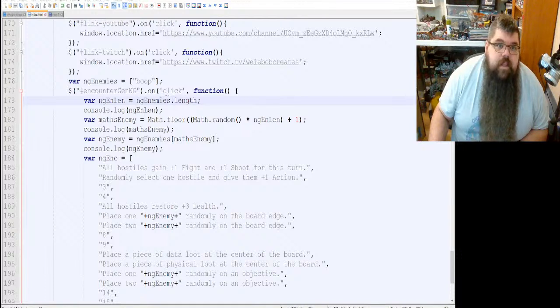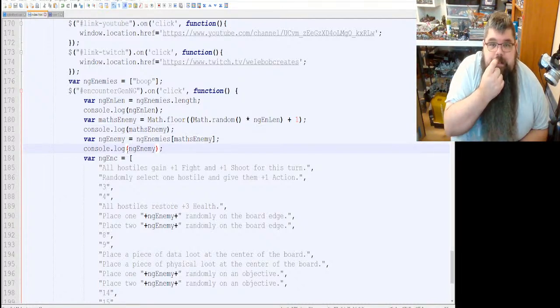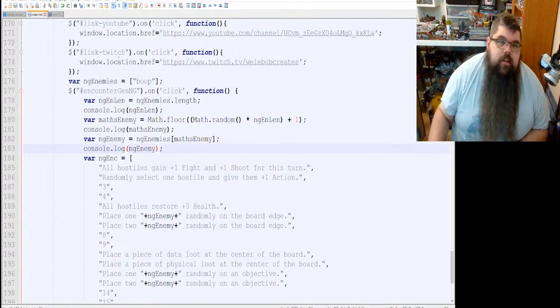Okay, 1 at 179 right there, so our length is returning correctly. Our math random is going to return correctly. And then 183 is returning undefined. Alright, so NG enemies.